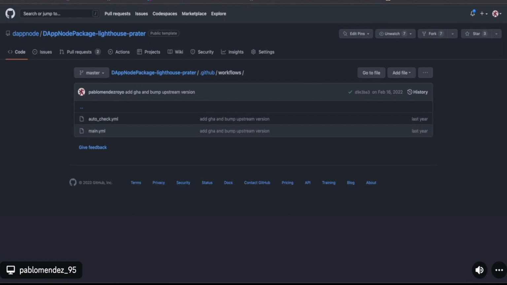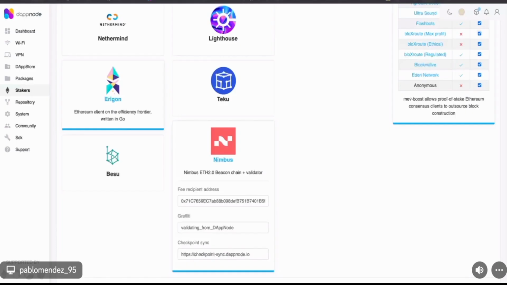Is it possible to configure the services that should be exposed to the public through the manifest? Not, but if you want something to be exposed to the public, there is a tool in DAppNode called HTTPS portal.